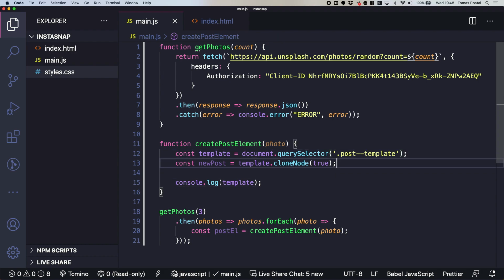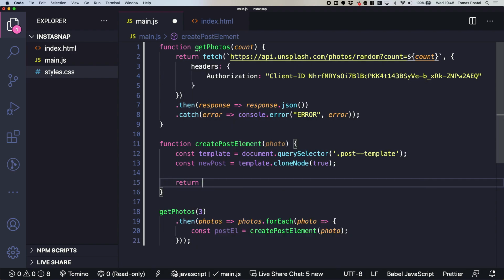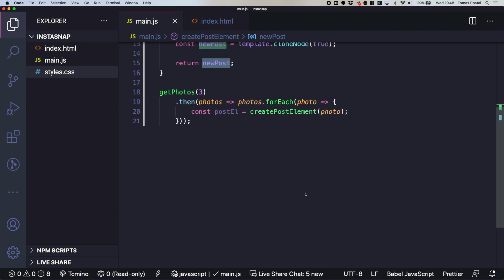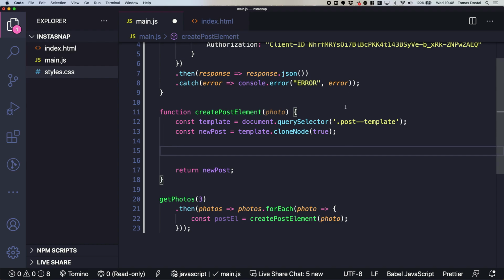So we have the new post. Now we can just not change anything and just return it, right? New post. Now we are returning it from here. So this is our new clone of the template. Actually, one thing that we need to do is remove this template class. Otherwise, it's going to be all templates. So we need to do